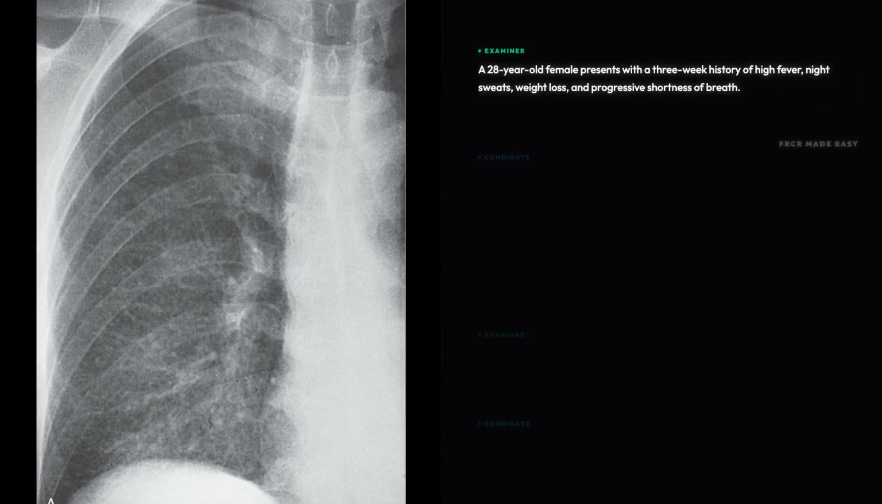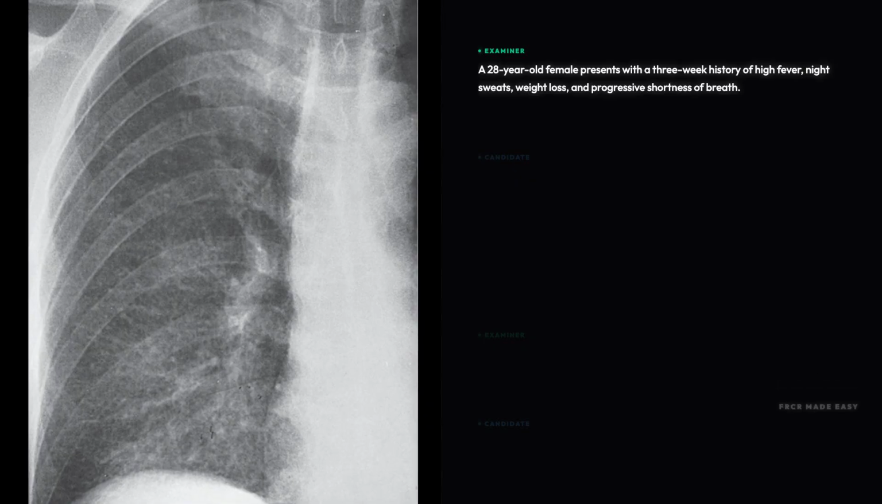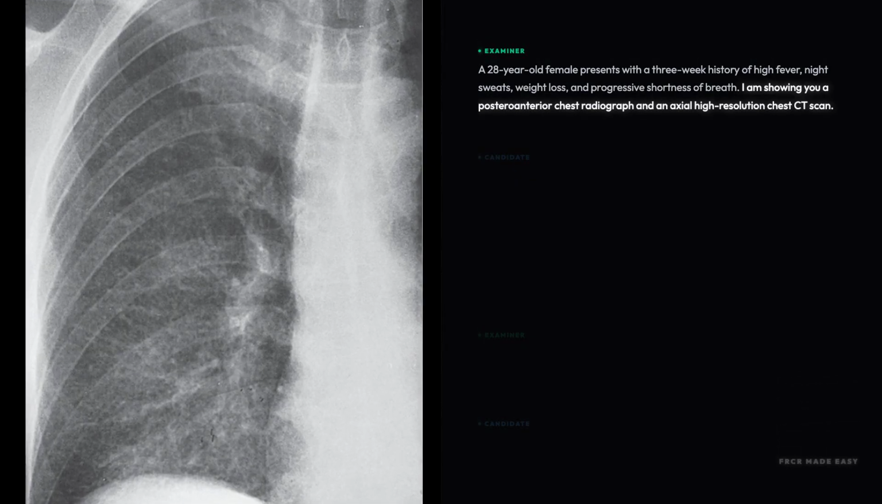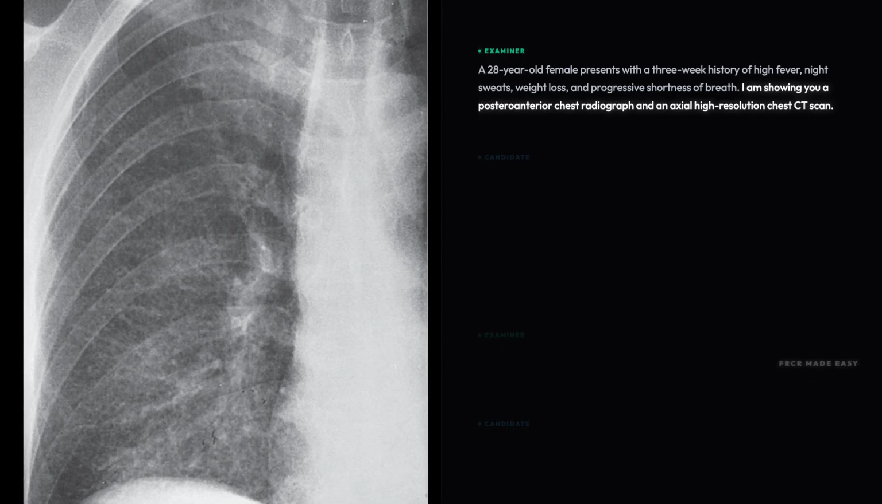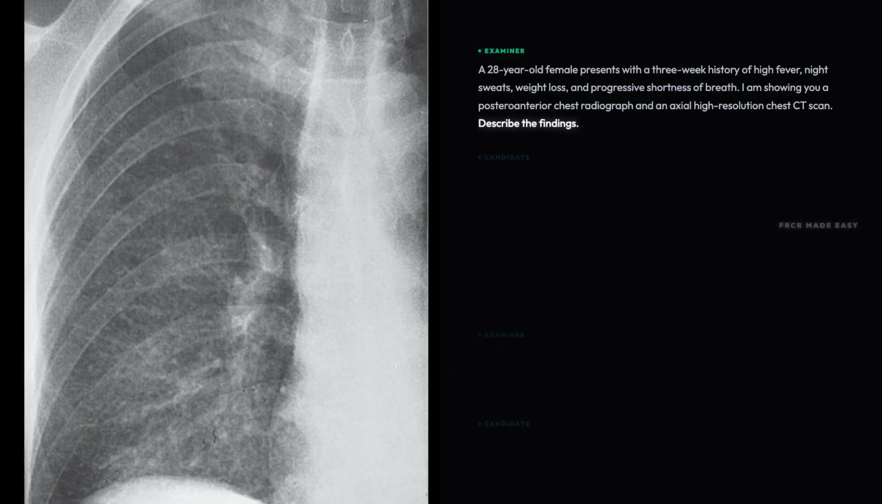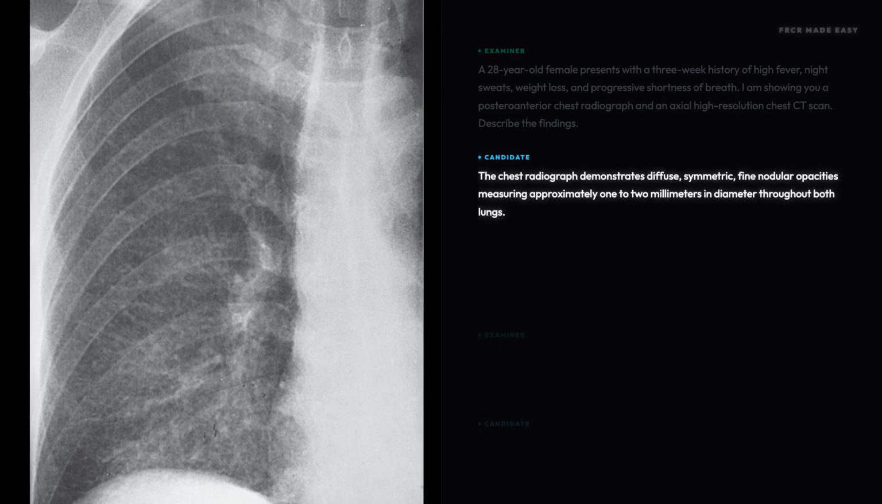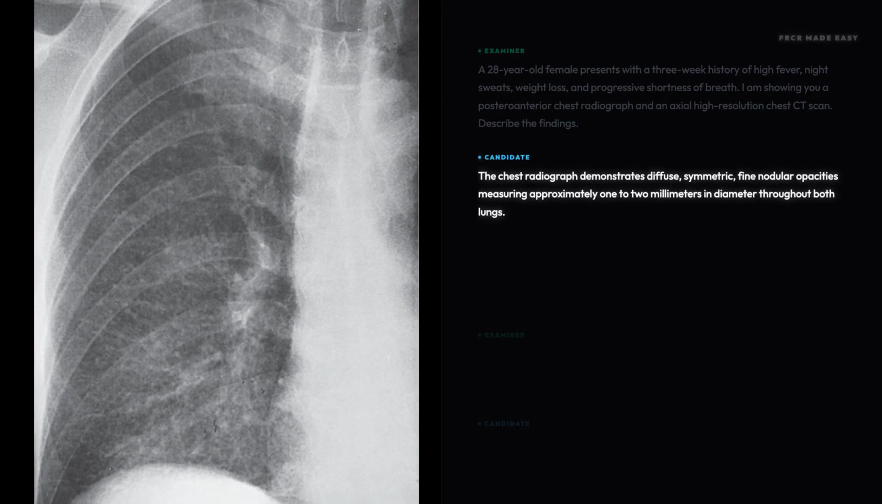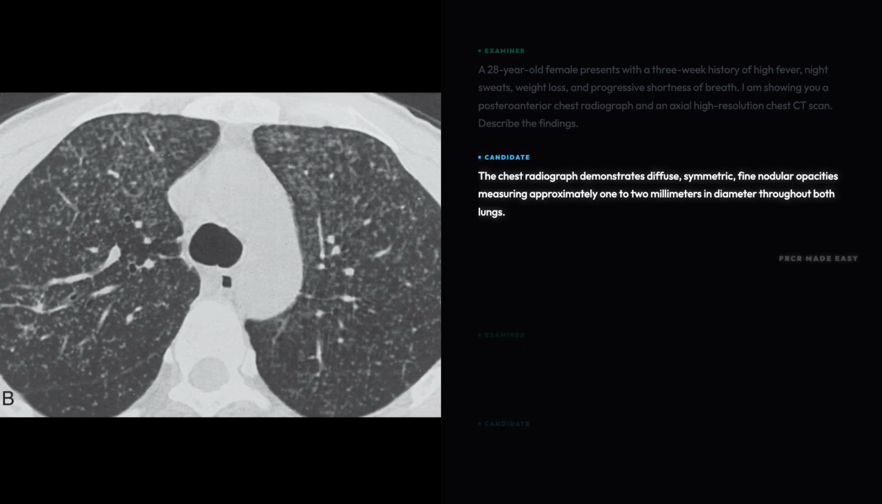A 28-year-old female presents with a 3-week history of high fever, night sweats, weight loss, and progressive shortness of breath. I am showing you a posteroanterior chest radiograph and an axial high-resolution chest computed tomography scan. Describe the findings. The chest radiograph demonstrates diffuse, symmetric, fine nodular opacities measuring approximately 1 to 2 millimeters in diameter